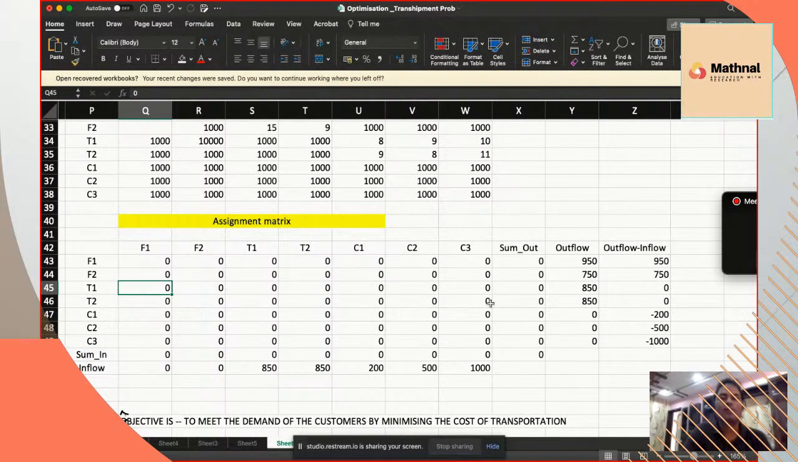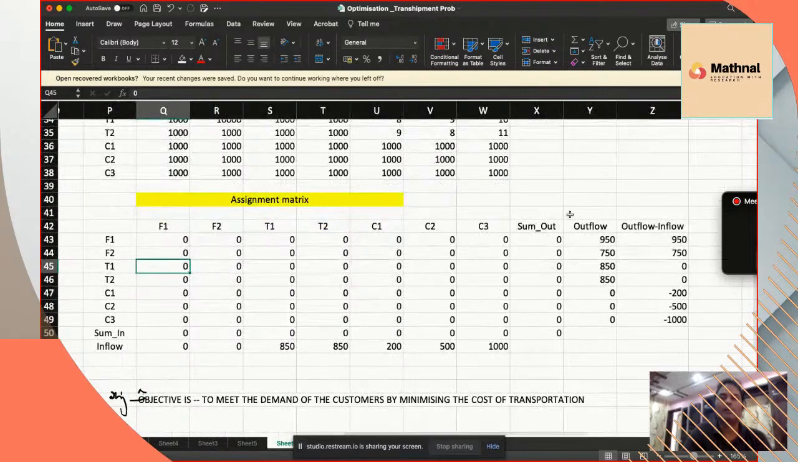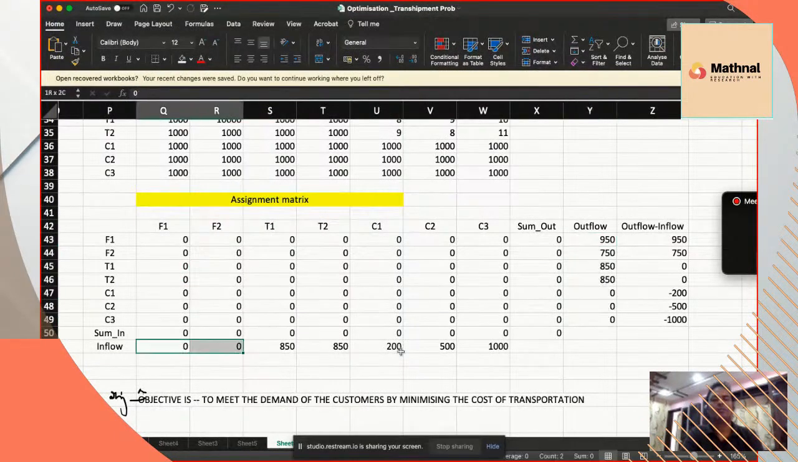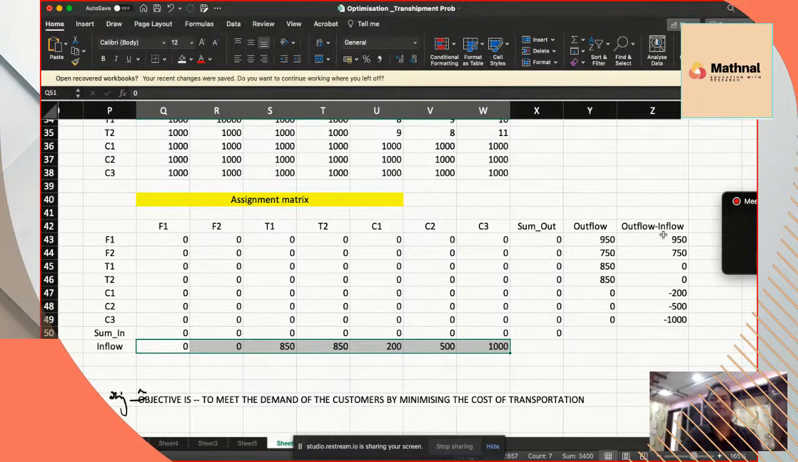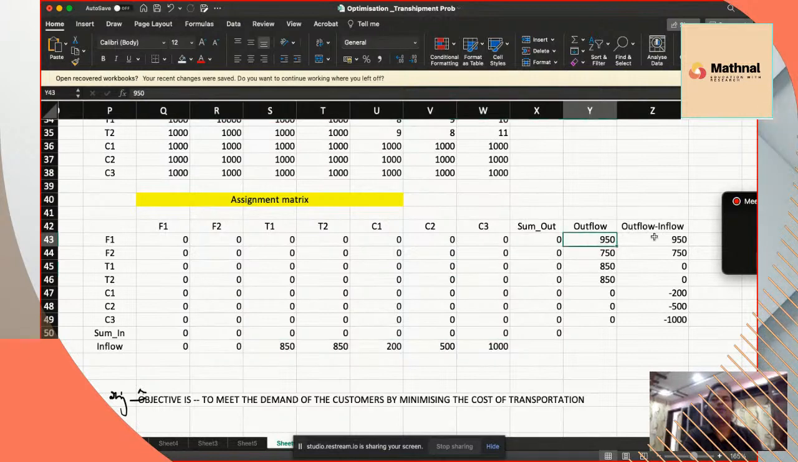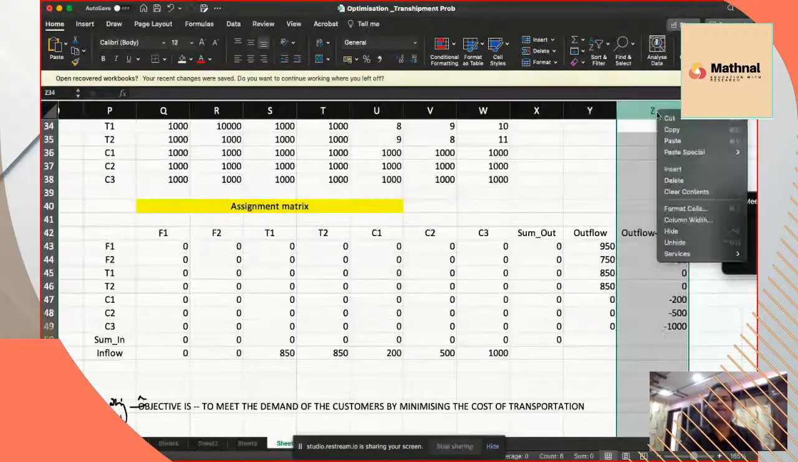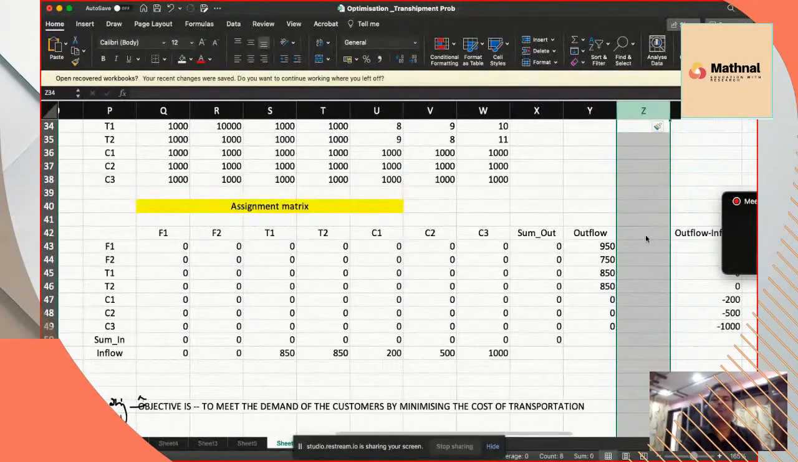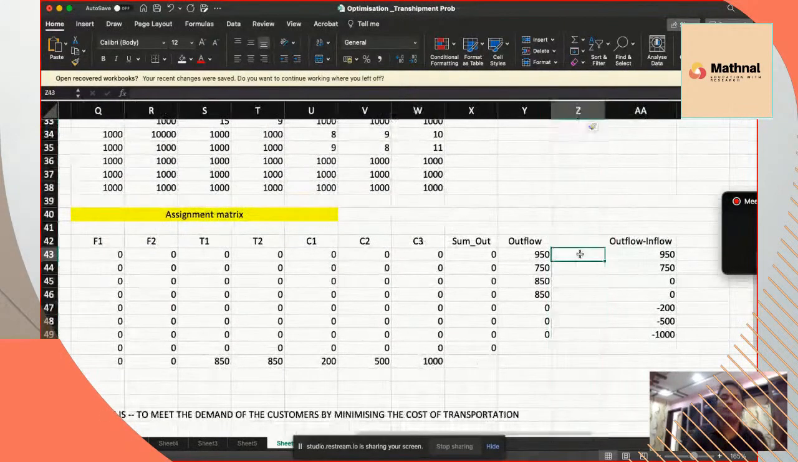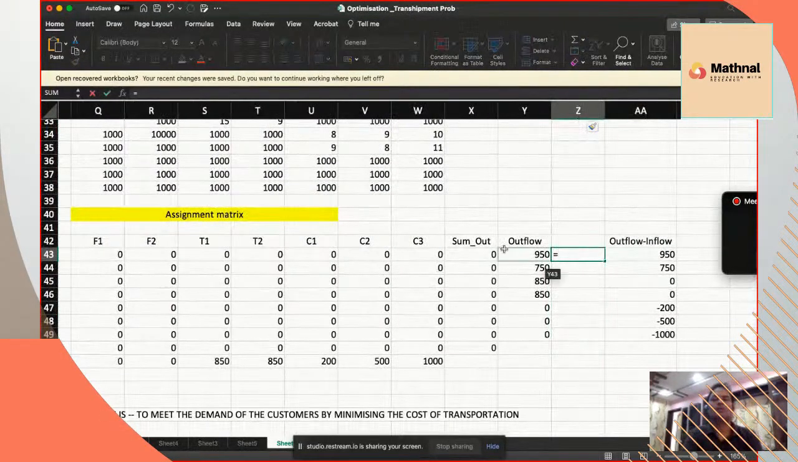So, this is what we are finding. This is the constraint for outflow, this is the constraint for inflow, and what we are saying is outflow minus inflow. We have to find this outflow minus inflow here. One more bracket here. So outflow minus inflow, this is our out